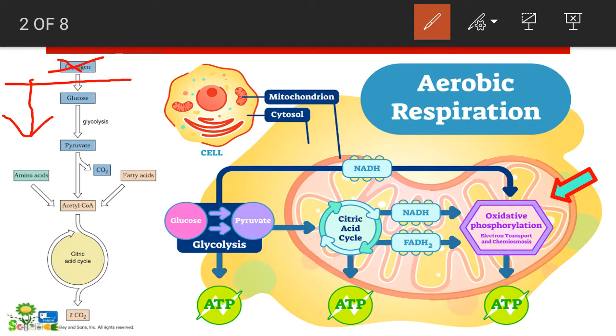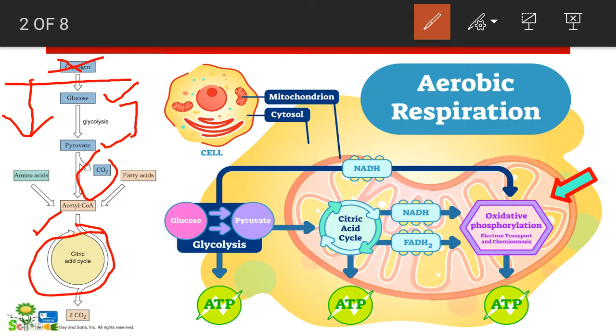from the glucose. So glucose 6 carbon to 3 carbon pyruvate, this is the process of glycolysis. Now 3 carbon pyruvate gets decarboxylated to form a 2 carbon acetyl coenzyme A. This is the connecting link between glycolysis and the Krebs cycle. This 2 carbon acetyl coenzyme A combines with the 4 carbon compound to undergo the process of citric acid cycle. Now this citric acid cycle forms NADH and FADH2, which then enter into the electron transport chain in the mitochondria.